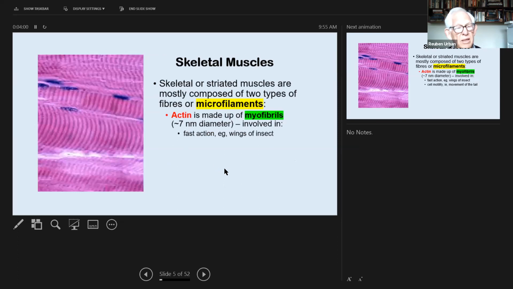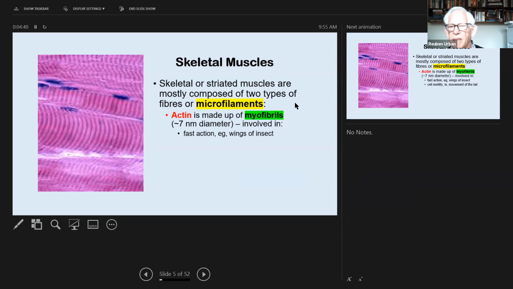So this is why they're called striated. They've got these stripes on them, and those stripes are very, very important because of the way they work. They are actually made up of filaments, and they are so small they're called microfilaments. You can only see them under a microscope. Now, this one here is under a light microscope. I don't know what the magnification is, probably a few hundred, but that's what it looks like.